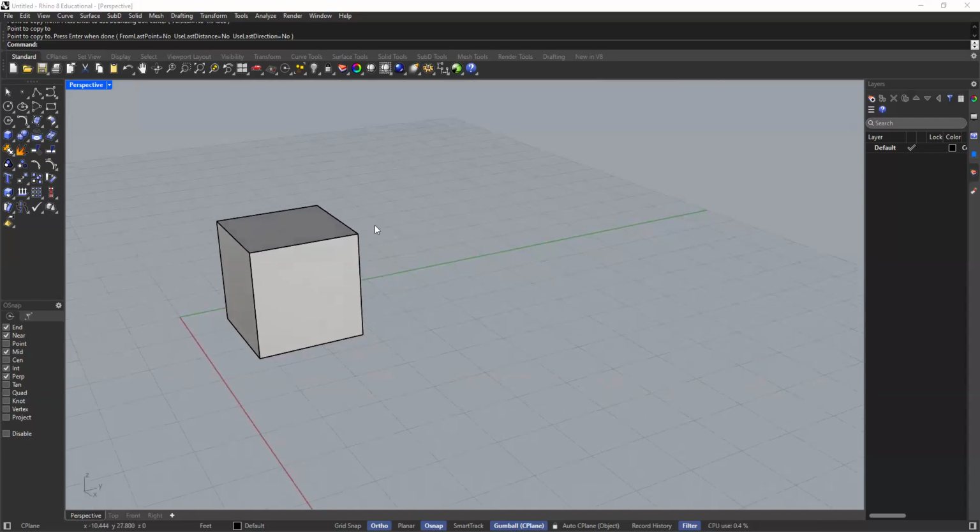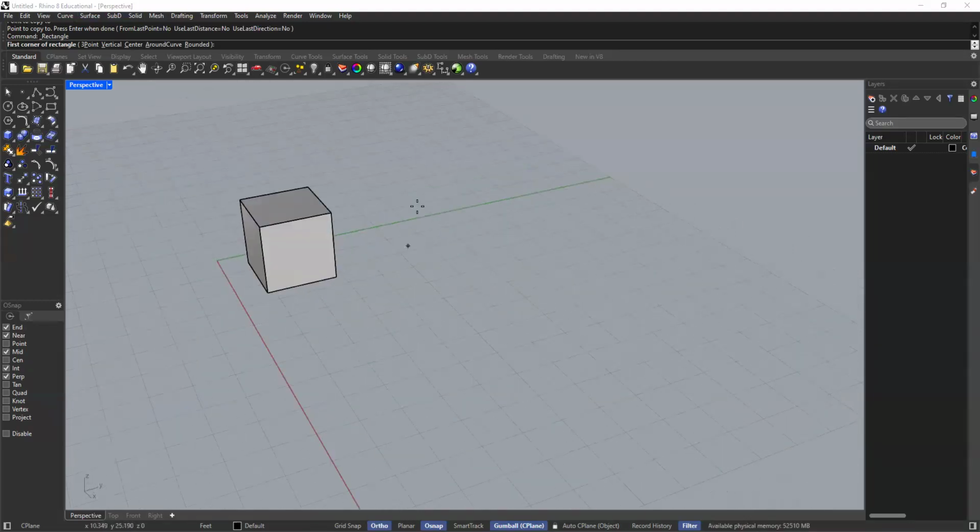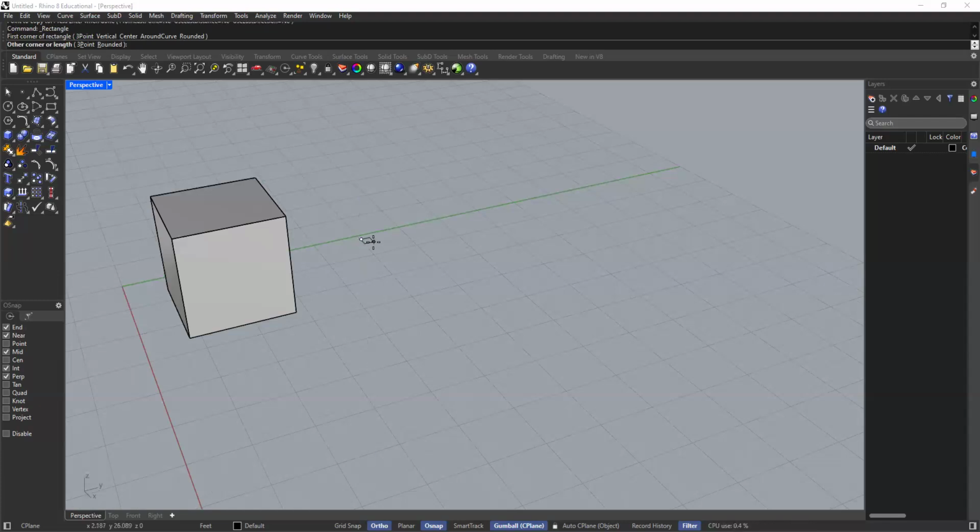Okay. Well, we could do the same thing by using the rectangle tool. So I'm going to click the rectangle tool, and it's asking for the first corner of the rectangle. I'm just going to click at random. There's my first point. Okay. Now I can try to eyeball it, right? But I could also just type in 10 feet, comma 10 feet. So the first number goes along the green axis, comma, and then 10 feet,